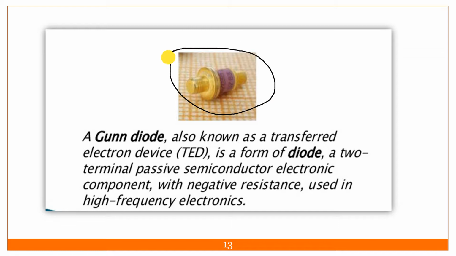Normally until now you know only the PN junction diodes, or the Zener diode. These diodes are not used at microwave frequency, because if you increase the frequency to megahertz, terahertz or gigahertz, the inductive effect and capacitive effect will occur. That's why we can't use the normal PN junction diode at microwave frequency. So if you want to use diodes at microwave frequency, then you have to use the tunnel diode, Gunn diode, or PIN diode. Different applications are there.